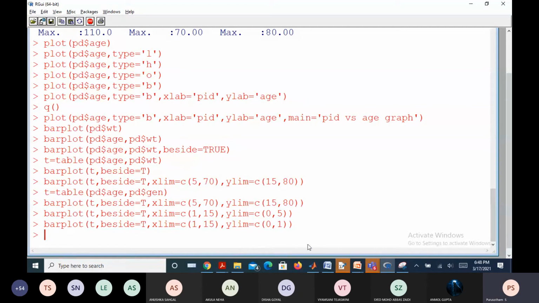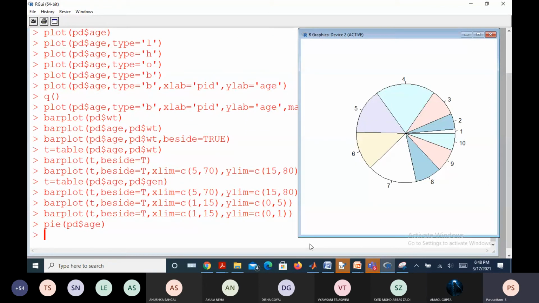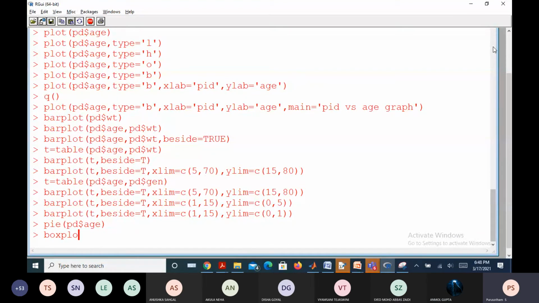Okay. Suppose you want a pie chart. What you can do is pie of a particular variable, say PD dollar age. You are getting the pie chart. So likewise, if you want the box plot of PD dollar age,